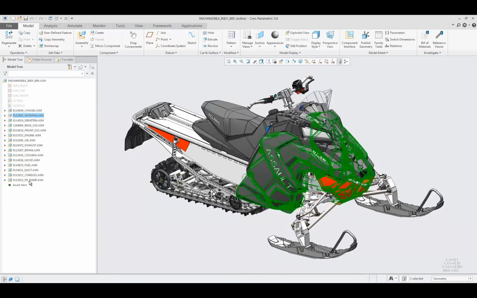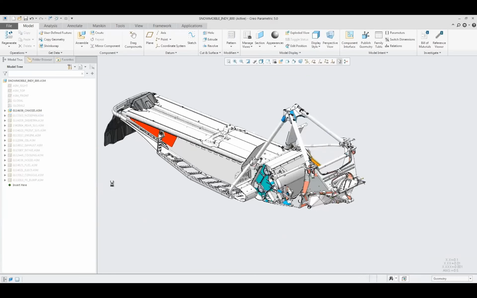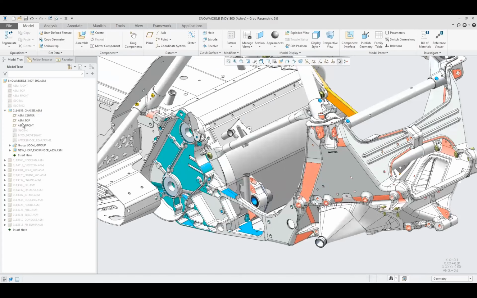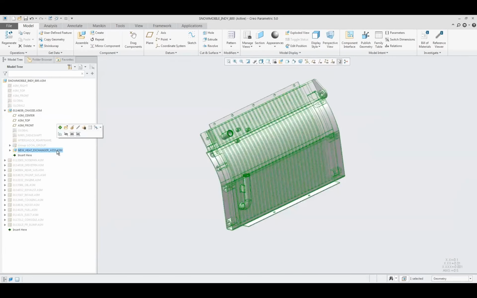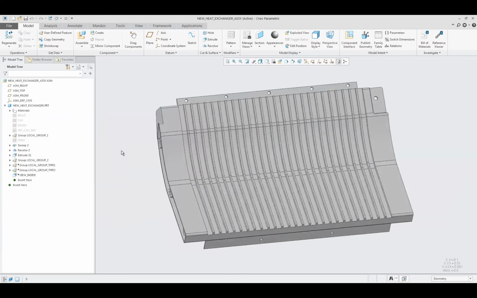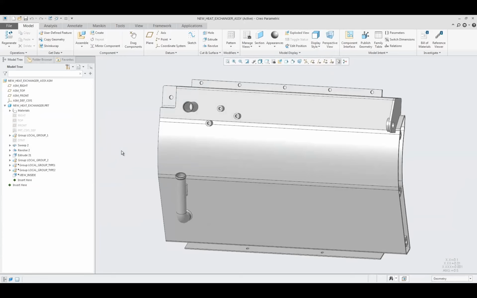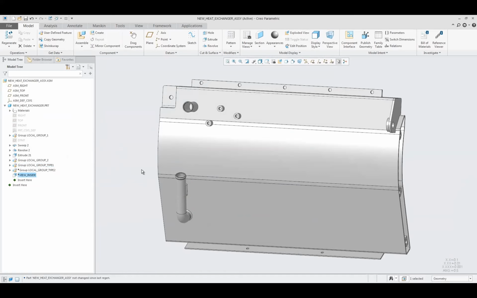So we're going to take a look here at a snowmobile model. And in here, there is a heat exchanger. So this is a medium complexity model, right? It's fairly simple. You have an internal geometry inside of here. Which if you look at the cross section here, you can see there's some channels inside. So there's going to be fluid going in that one pipe and coming out the other